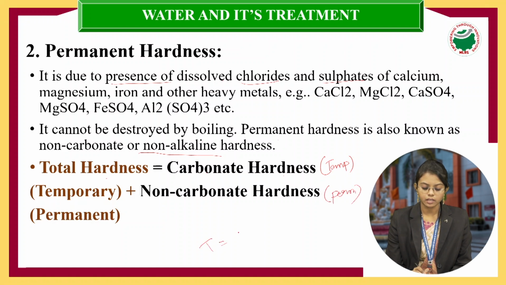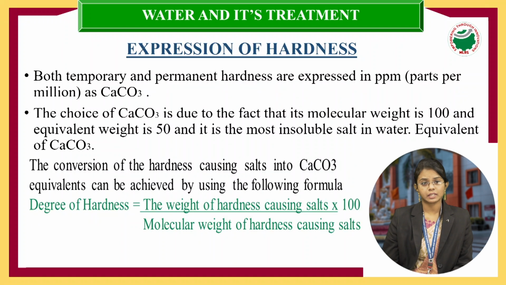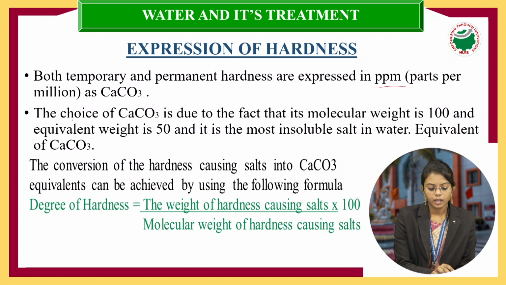So total hardness is equal to temporary plus permanent. Now we'll see the expression of hardness, how we are going to express the hardness. Mainly in the units of ppm. ppm is nothing but parts per million as